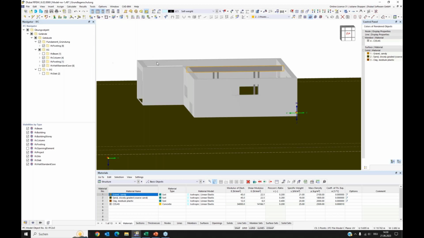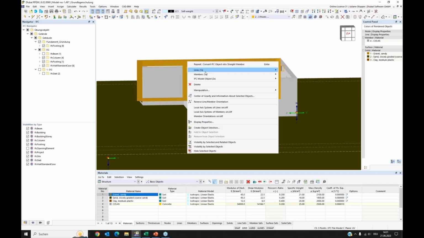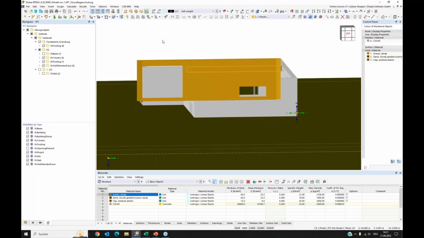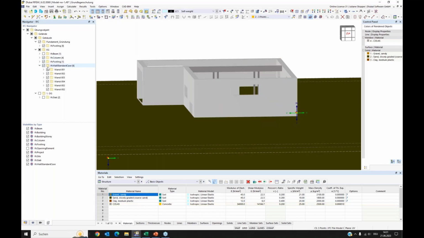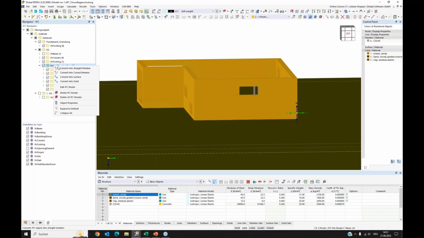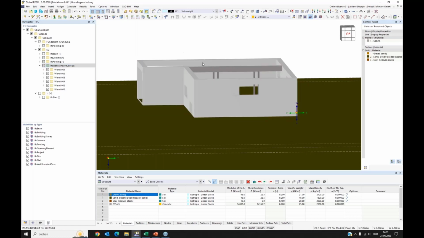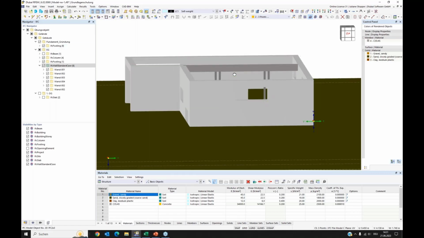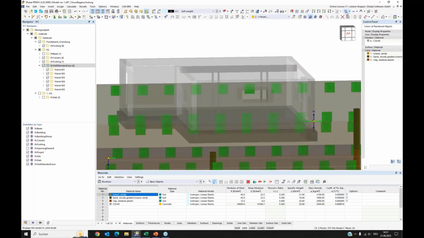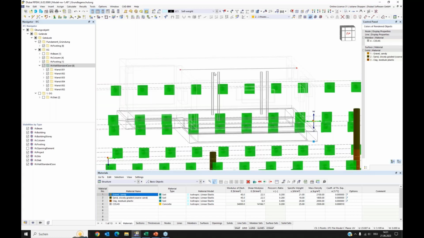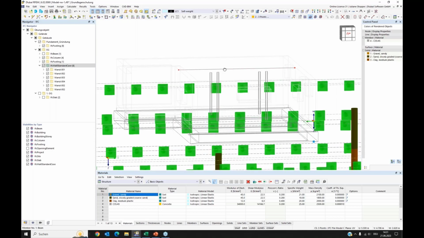Okay, you can do it like I did: you can click here and say Convert. But you can also do it from the navigator. For example, you can also convert all walls at one time with one click. But I don't want to go into it too deep. I just want to show this example. You have to do some kind of rework. It's not enough to convert it. I will show